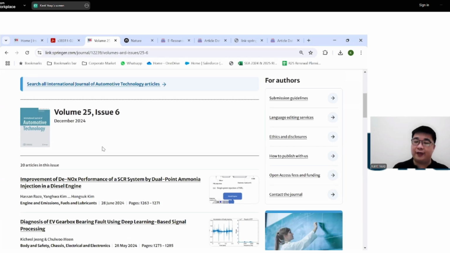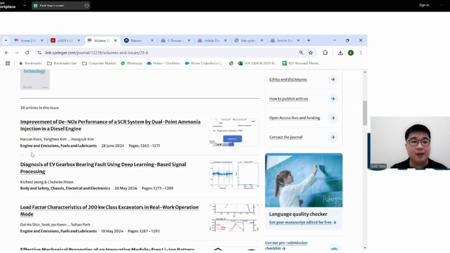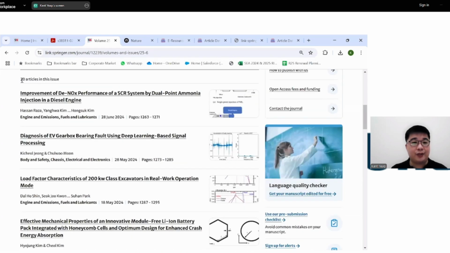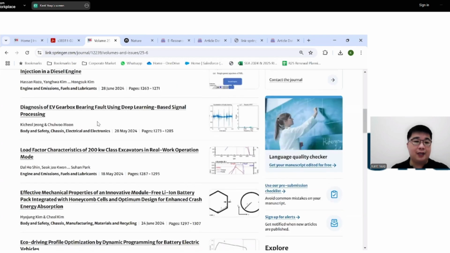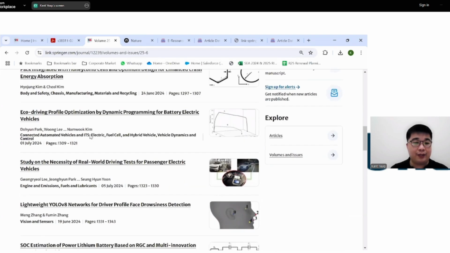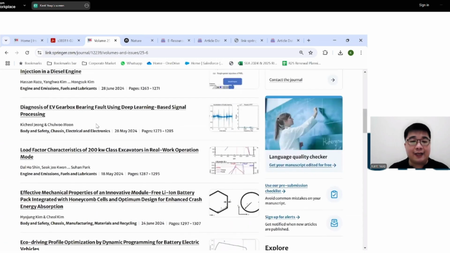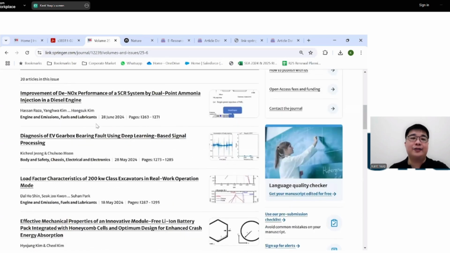A lot of it has to do with the popularity of the paper, the popularity of the subject, or how fast moving the subject itself is. So, for example, in this volume 25, issue 6, these are the 20 articles that are part of this issue. I think one of them is what we clicked on earlier, if I'm not mistaken. Oh, no, I think that was a 2023 paper. But in any case, if you were in the library and this were a physical copy of the journal, this would be all of the different papers that you can find in that one issue or one booklet of that journal.